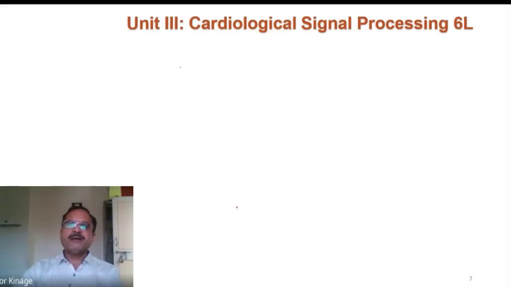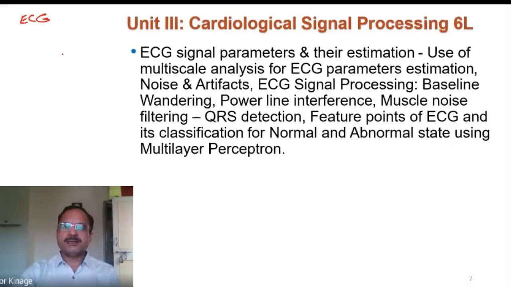Then after studying unit number 1 and 2, we will proceed to actual signal processing. So unit number 3 is about cardiological signal processing. Now in unit number 2, we will be studying the basic functioning of our heart, how the pumping action takes place, how the electrical signals are generated. We call it ECG, that is electrocardiograph. Right. Now in this unit, we'll see what the characteristics of ECG are, what this ECG waveform looks like, and the processing of the signal,